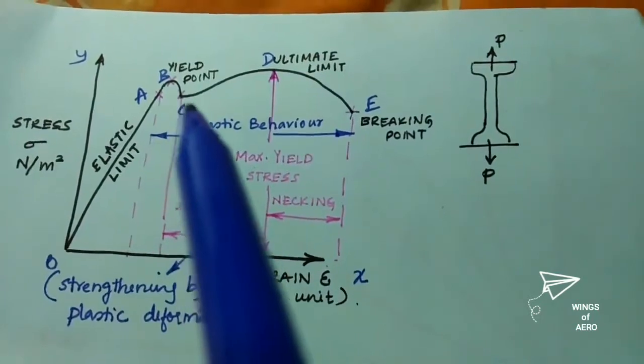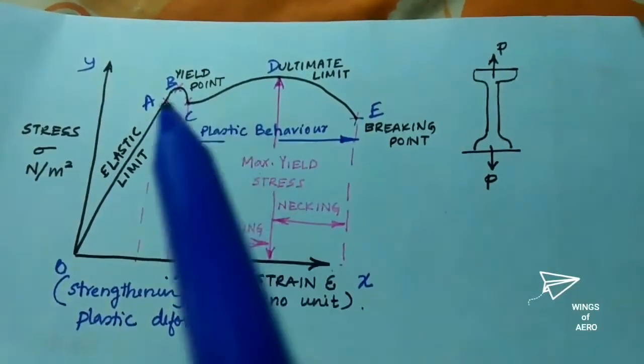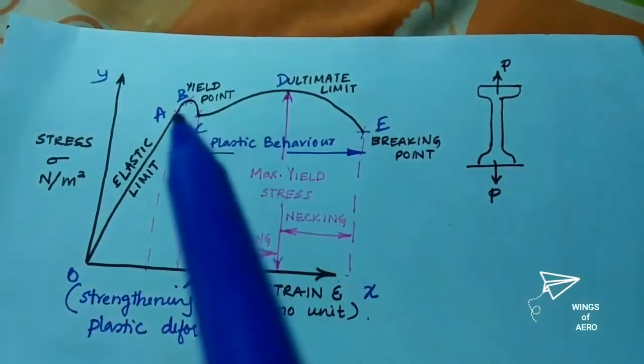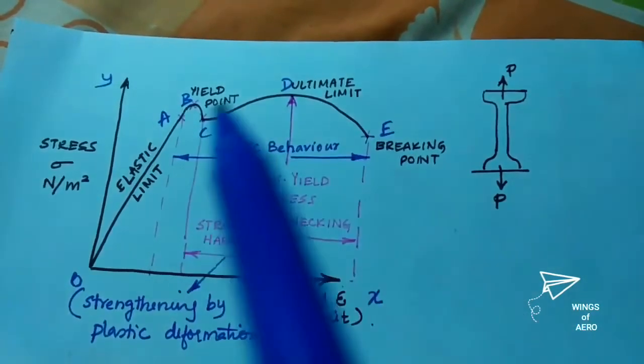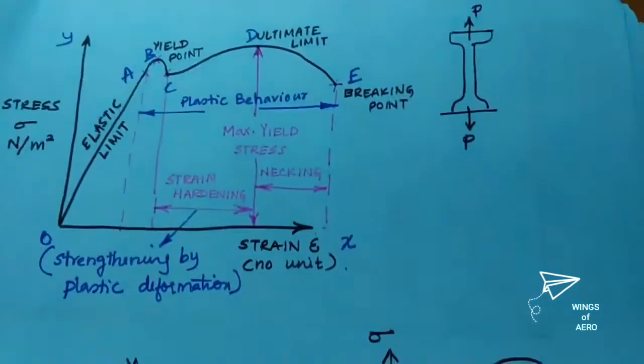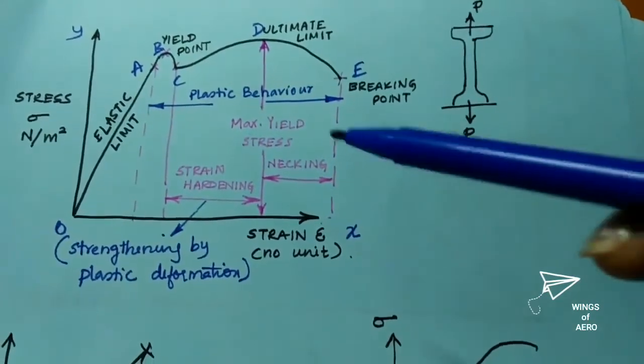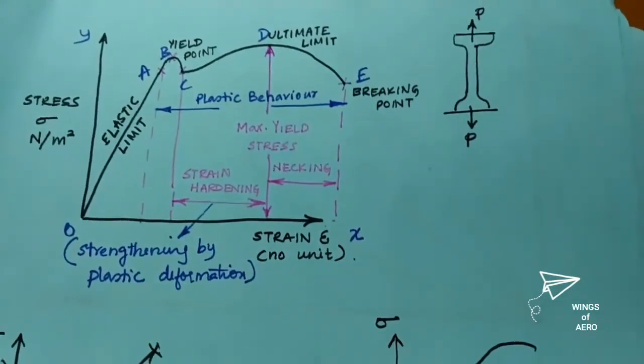After that, if we keep on increasing the load, what happens? You can see the curve CDE, and the D point gives the maximum yield stress. What do you mean by maximum yield stress? It is the point where the